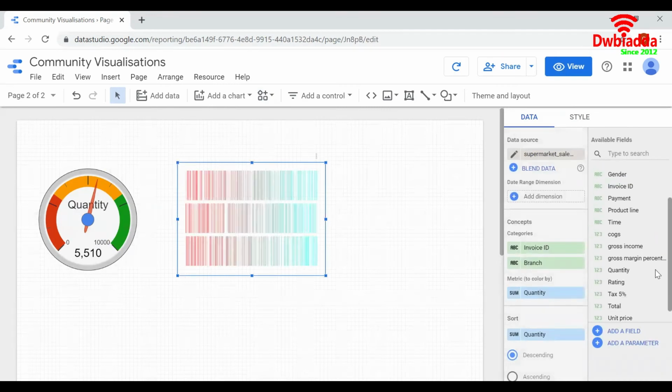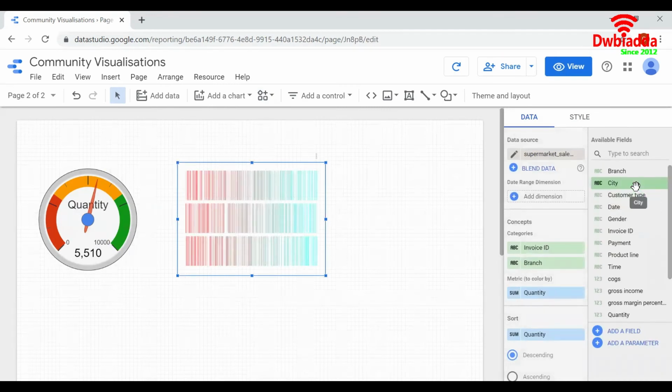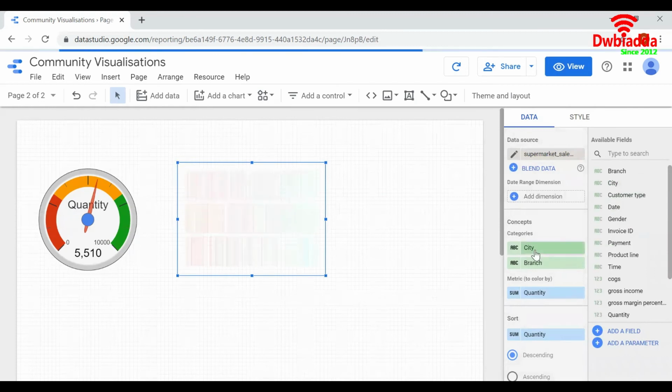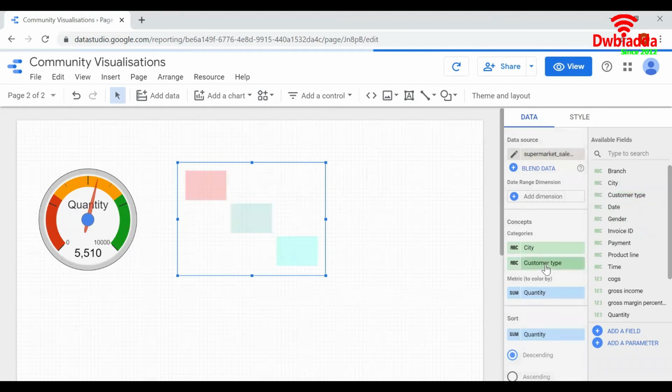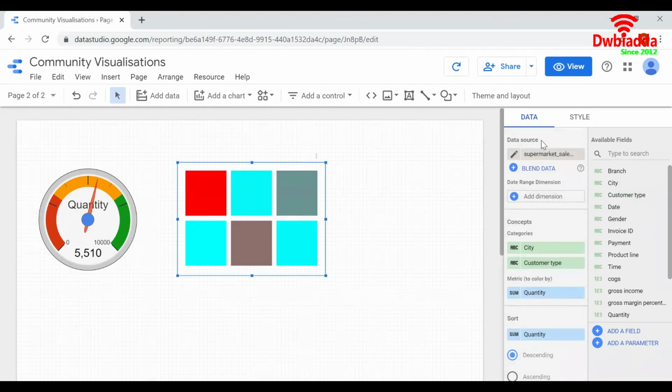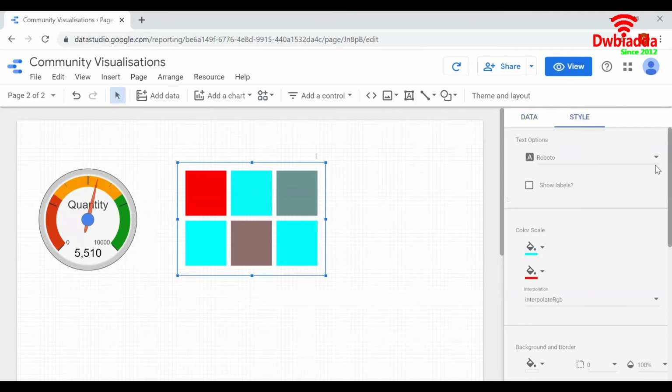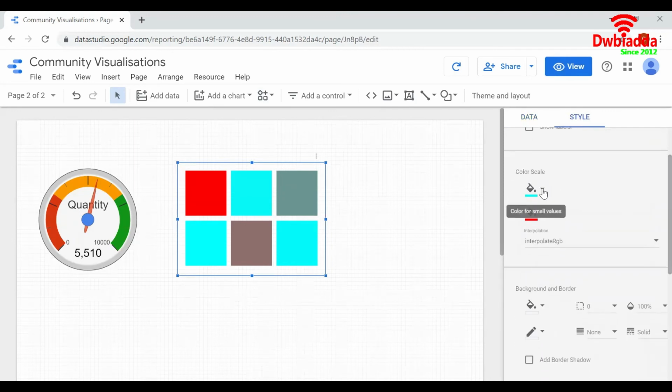I will give city as the first category and customer type as the second category. And style, color, you can decide the scale here.